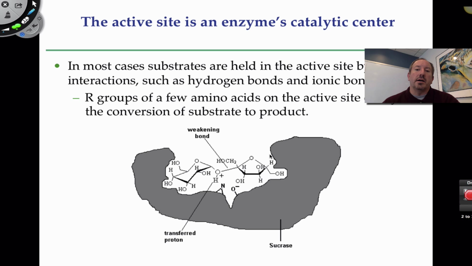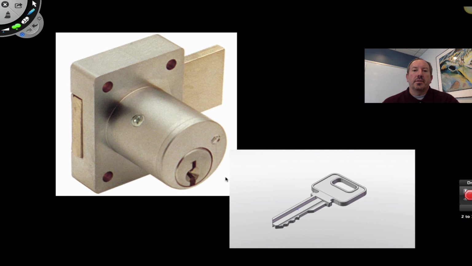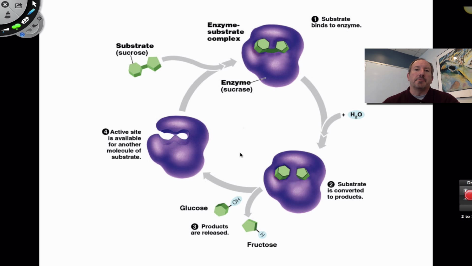Now remember, this is like a glove. It goes all the way around, and this is like the ball. The R groups in the amino acids in the protein are able to interact with the substrate and therefore stress it. Here's what I was talking about: this would be sucrase, the enzyme, and this would be sucrose. You might ask, doesn't any key fit into any lock? No, the shape of the molecule is particular to the shape of the enzyme active site. So it's a good analogy, lock and key.